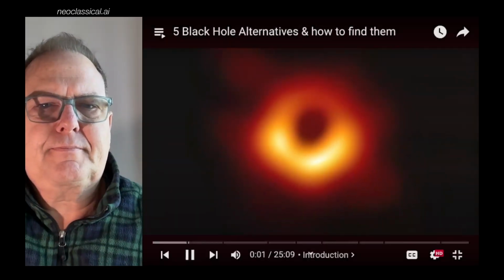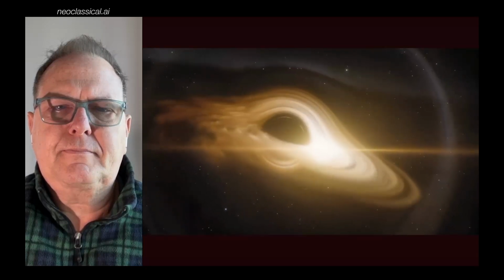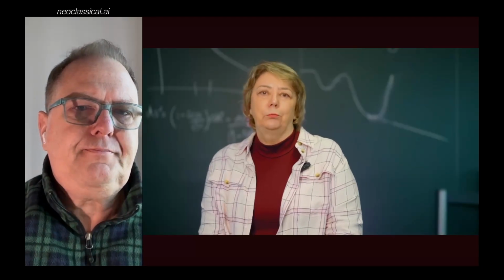This is the first ever image captured of a black hole. Theorists have begun to wonder if it really is a black hole after all. And if it isn't, what else could it be? We are reasonably confident in Einstein's theory of general relativity, which would tell us that there are black hole solutions. However, if we were to assume that that was the only possibility, then we would be essentially in dereliction of our scientific duty. So we have to look for alternatives so that we can see whether the black hole is indeed